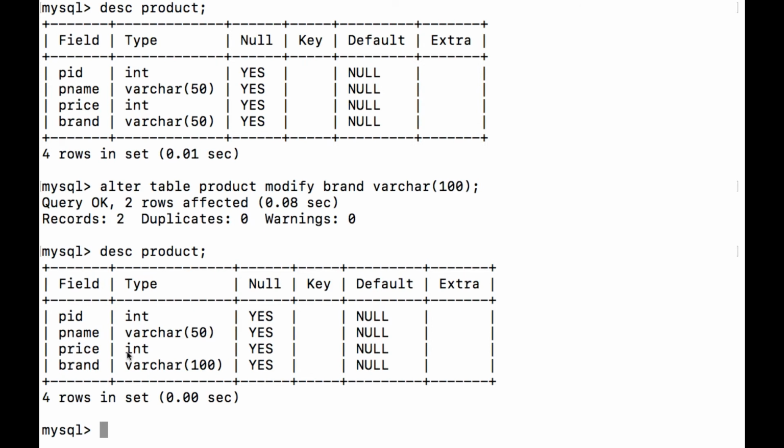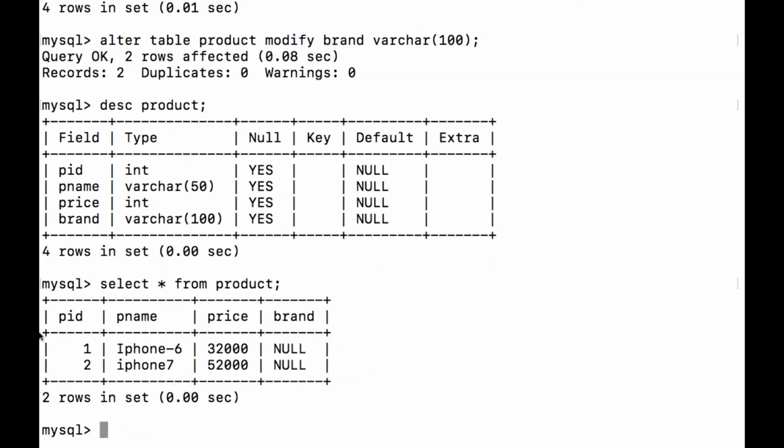Here in our product table we have certain data. SELECT * FROM product. Here we have certain products, right? And here I'm going to change the product name from 50 to 10 characters. ALTER TABLE, MODIFY pname to 10 characters.